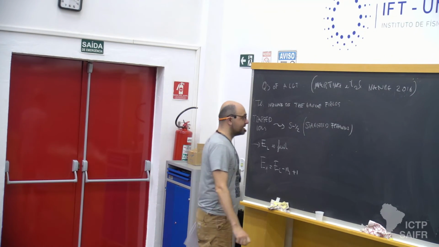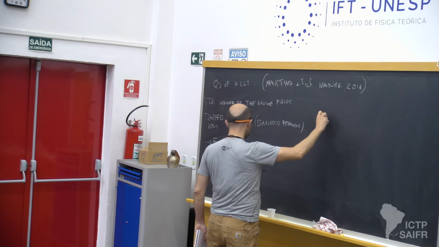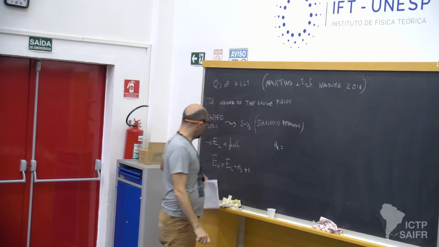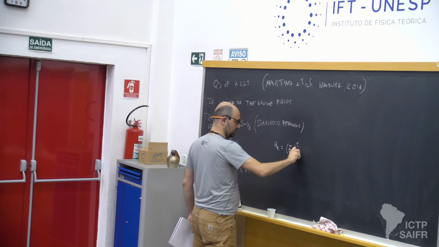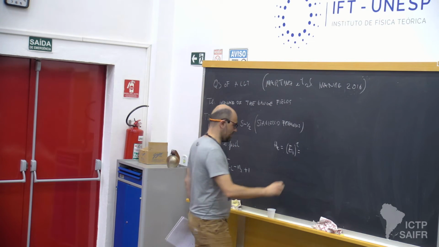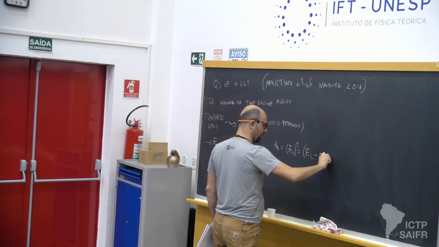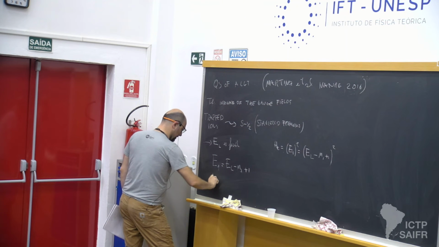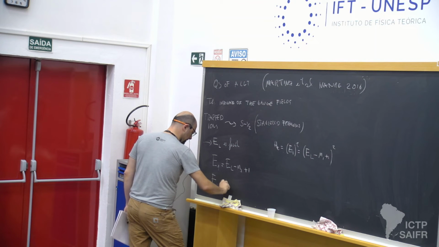Now, if we try to write down the corresponding electric field part of the Hamiltonian, this will contain E1 square. So this we can write down by just looking at this combination of EL and N1. This will be (EL, which is a constant, minus N1 plus 1) square. Then we have to do the same for the second gauge link. This will be equal to E1